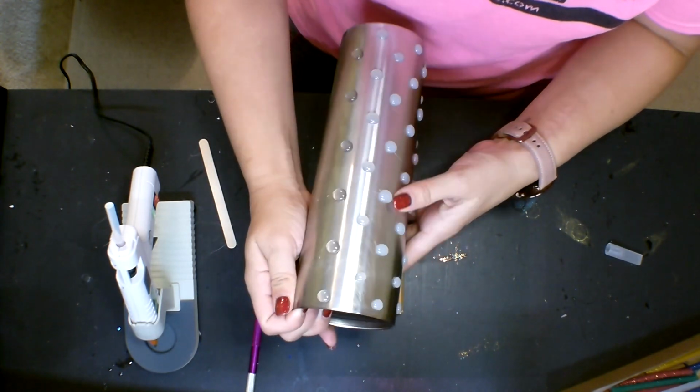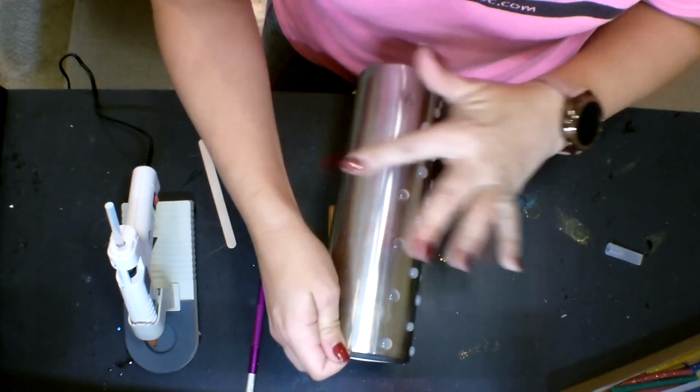While y'all are watching me try to rub some of the little hot glue strings off here and work my way around this cup with the dots,